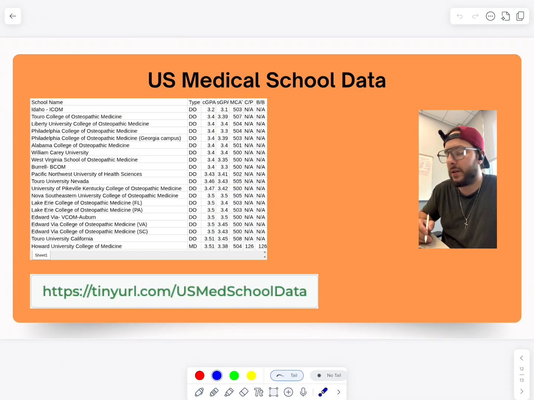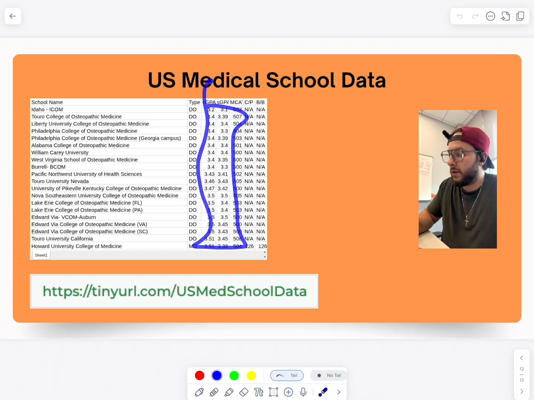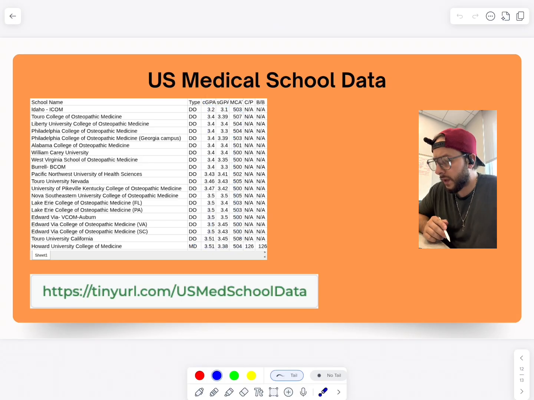So this is a spreadsheet that is free for you, something I created a number of years ago. Something I do want to say, there is a disclaimer. This information may not be current. I created this spreadsheet circa 2018 or 2019. This information may have changed, especially these stats. In fact, they probably have. How much have they changed? Probably not that much. But just keep that in mind.